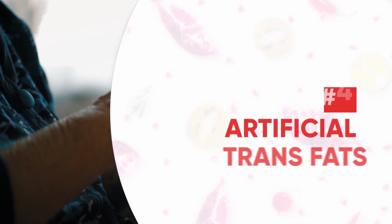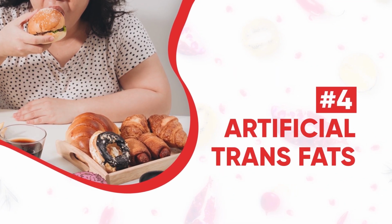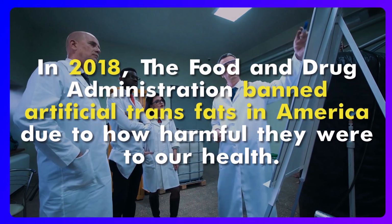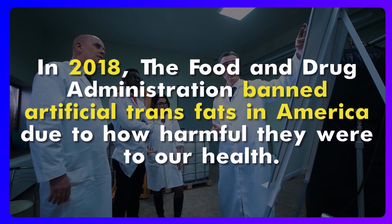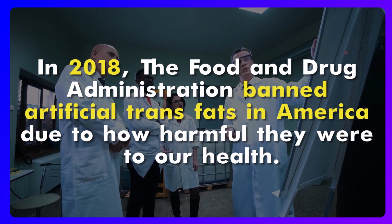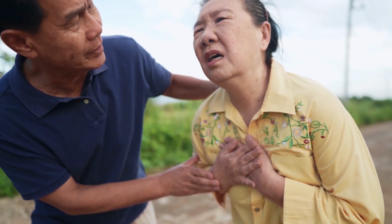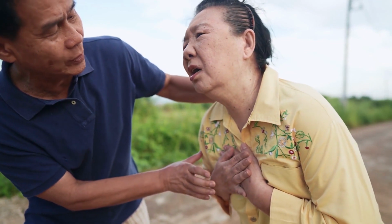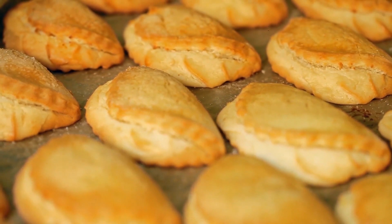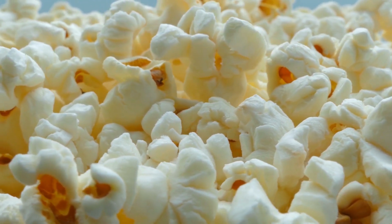Okay, next up on our list is number 4, artificial trans fats. Trans fats are incredibly dangerous to our health. In fact, in 2018, the Food and Drug Administration banned artificial trans fats in America due to how harmful they were to our health. And by doing so, the FDA predicts that this will prevent thousands of heart attacks every year. However, there are still some foods that contain trans fats, such as some margarines, microwave popcorn, and even some